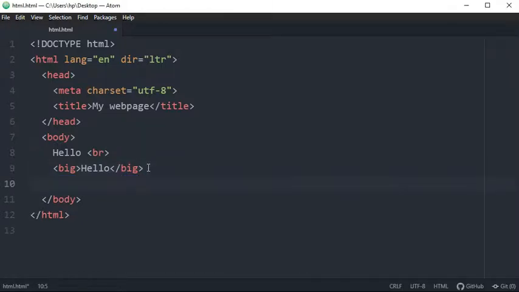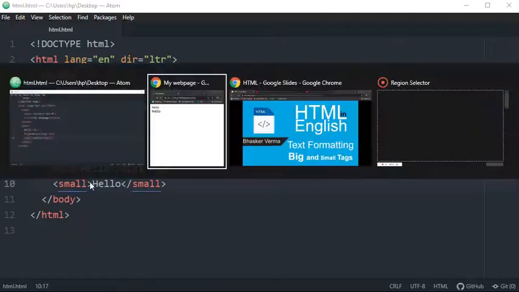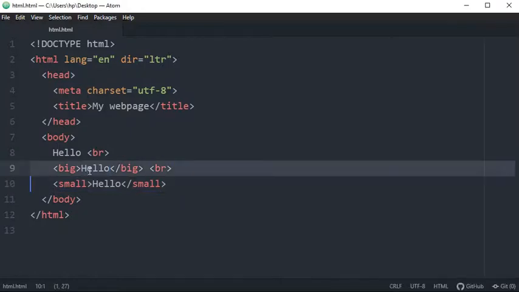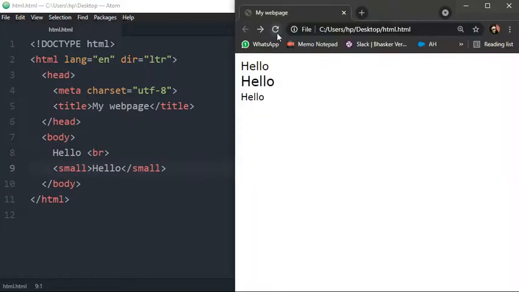So now let us discuss small, adding another br here. The same thing goes with small. This is the opening tag and this is our closing tag, and if you put content in here, you will see the difference. It is even smaller than the size of plain text. If you exclude this part from here, you will see the difference. So this is our plain text and this is our small element. You can see the content of the small element is smaller than the plain text.